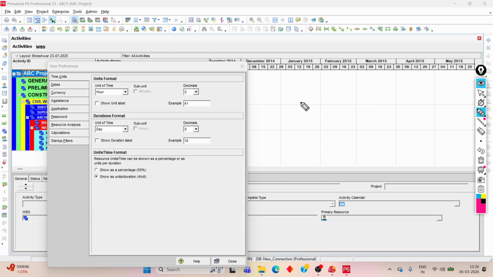Suppose this is the hour. Okay, so suppose in my resource I given, suppose this is the excavator. Okay, so I given the rate of excavator that 1000 per hour. Okay, we decided the hiring charge of this excavator is 1000 rupees per hour. Okay,